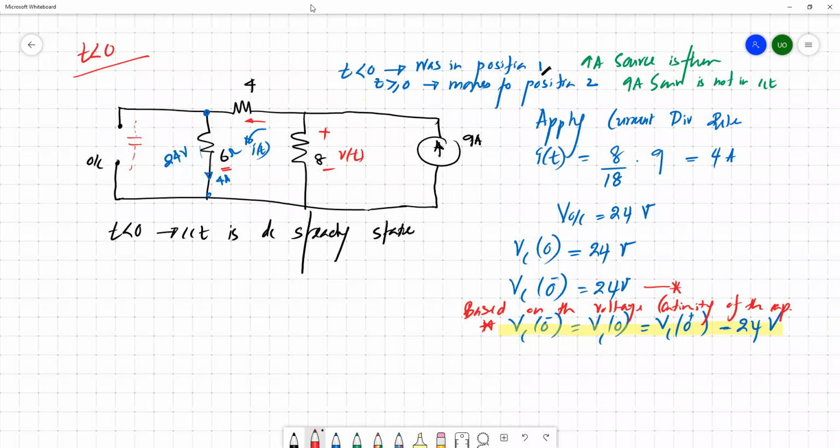So it means once you connect this 9 ampere current source to the circuit and keep it for a certain time, this capacitor gets charged up to 24 volt. Once you connect this 9 ampere source, it's charged up to 24 volt. So this is 24. Once it's charged to 24 volt and reaches the DC steady state,